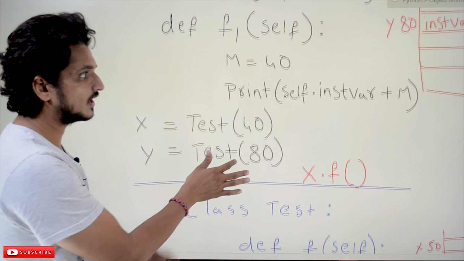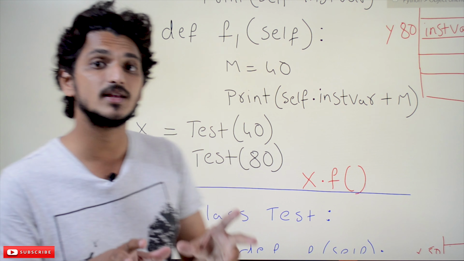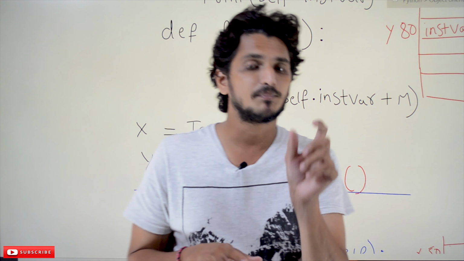This is what self variable means, instance variable and constructor. Constructor is a separate method, init is a separate method which is called by Python automatically. This method we call it as constructor. So we use constructor for initializing the instance variables. Constructor is a special method which is called by Python automatically whenever we define an object. So that's why we use constructor method for initializing the instance variables.